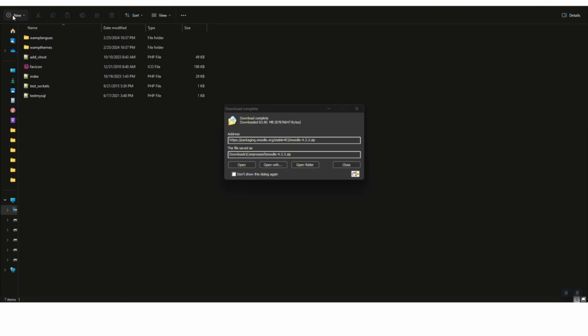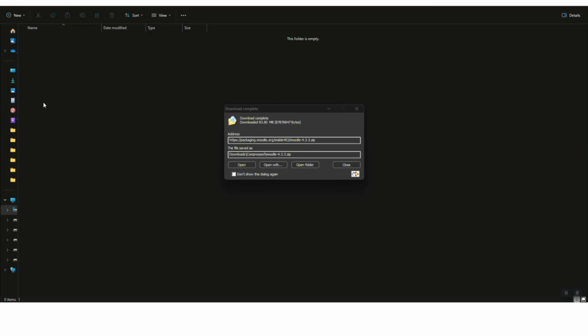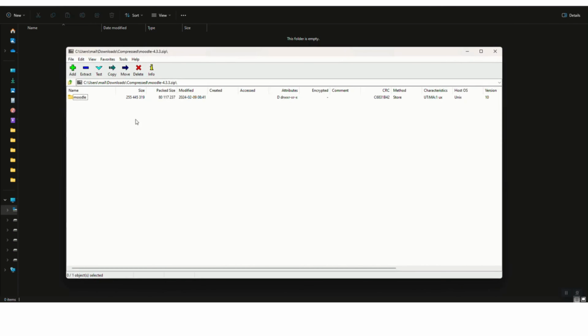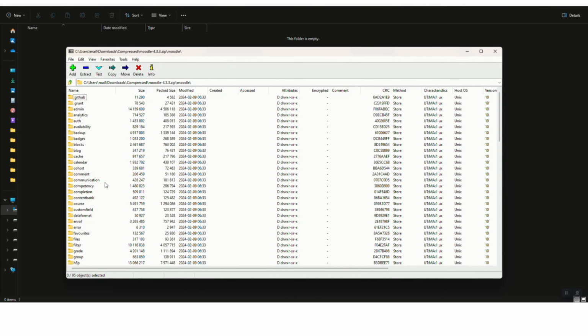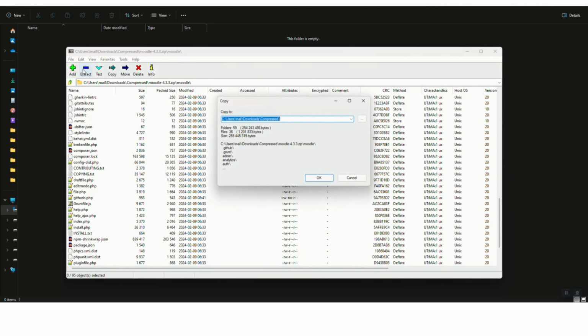Here I will be creating the first folder, and let me give it the name Moodle 4.3. That's it. And I will be extracting the files to this folder. So let me copy the address here and click open, and I will be going into the Moodle folder and extracting all the files to the folder which I just created as Moodle 4.3. So I will just click on OK,